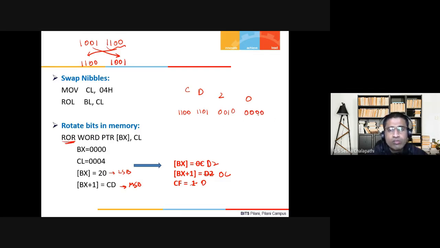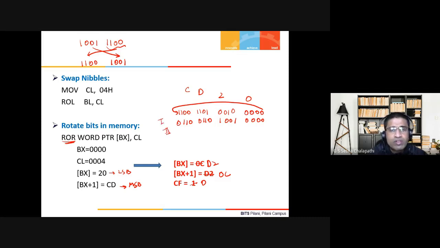After 1 bit of rotation, this will go here, and it becomes 1100 1101 0010 0000, with the 0 here. This is after the first rotation.